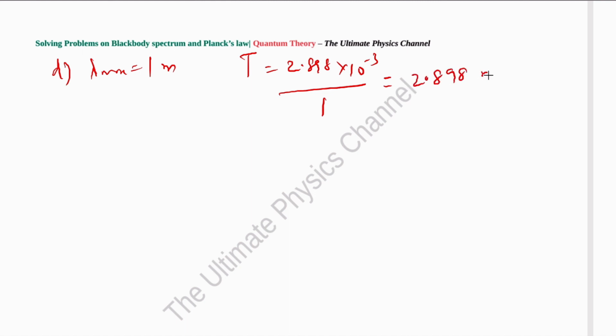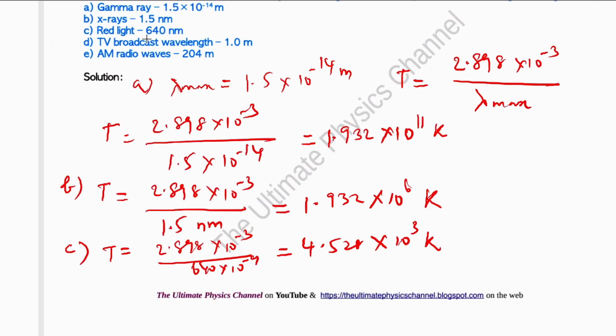So lambda max is 1 meter. We need temperature, so we simply use again Wien's law to get this. So the temperature is in millikelvin now, right? This is the answer. The next one is lambda max for the AM radio waves